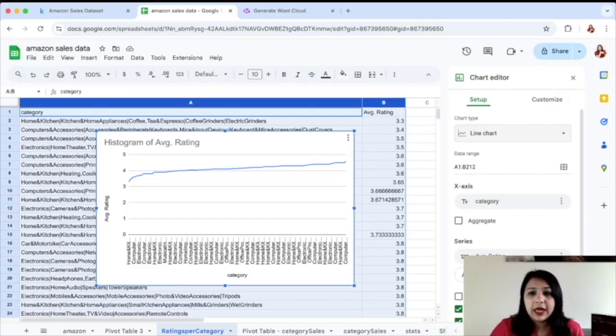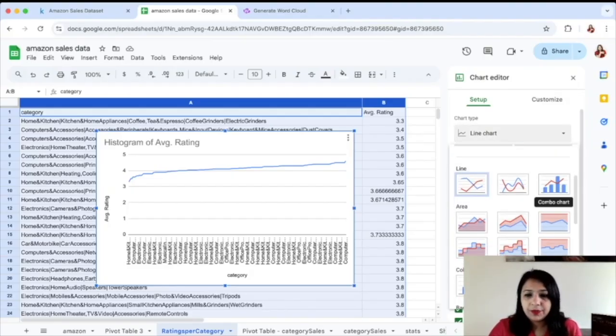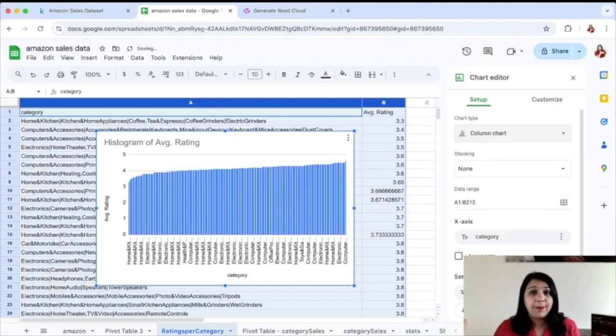On the other hand, let's see what other charts we can create, perhaps a column chart. So you can insert a column chart. Whenever we want to compare different categories, column charts make more sense. And this is actually a much more representative chart when we want to see how the ratings of different categories look like. This chart technically is totally correct, but it doesn't make so much sense because the data is so